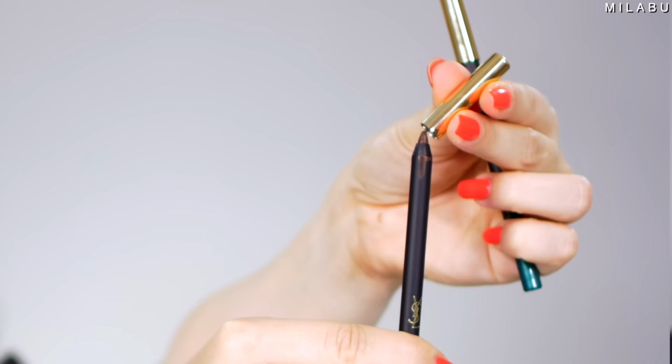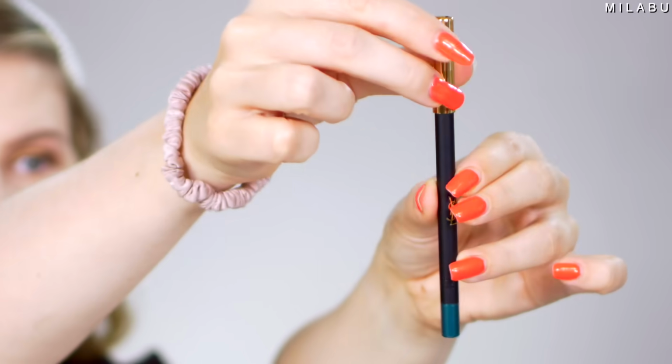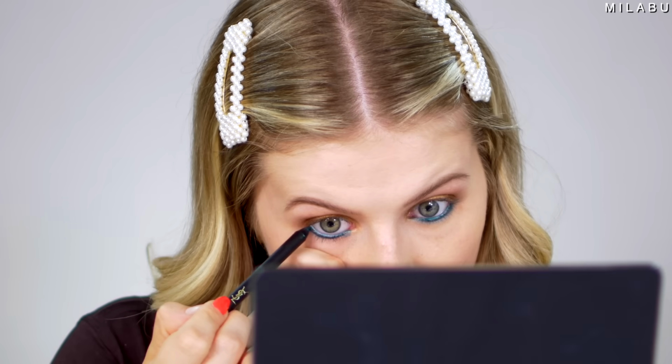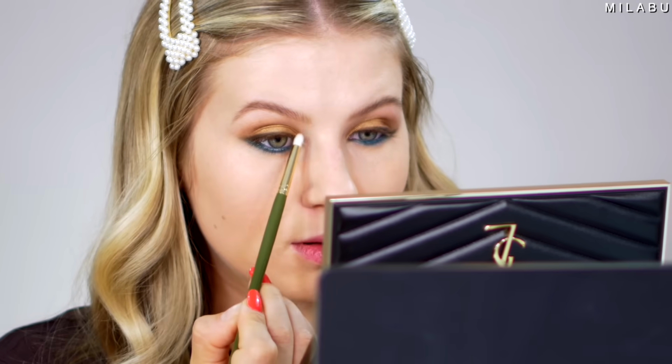So this right here is their waterproof eye pencil. I have shade number 2, which is just a gorgeous brown right here. So creamy. And then we have number 4, which is a beautiful green. I think on the lower lash line and in the waterline, really smoke out that green and then bring this beautiful brown to the top and kind of connect the two to create a nice winged look. I'm gonna take that silver shade and plop it